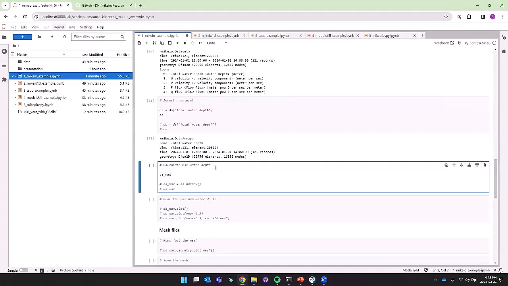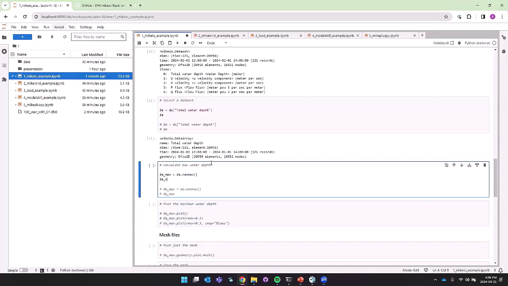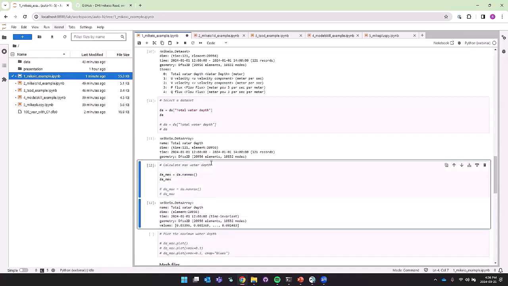Now I want to calculate the max water depth, and store it in a variable called DA_max. So the way I would do that is DA.nanmax. And the reason it's nanmax and not max is that you can have things that are not a number.